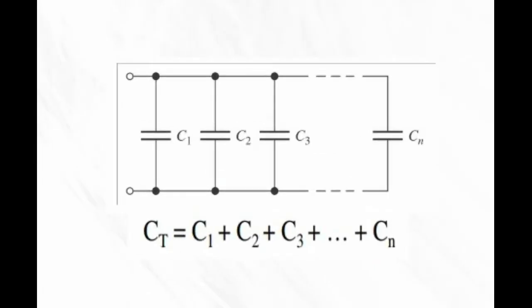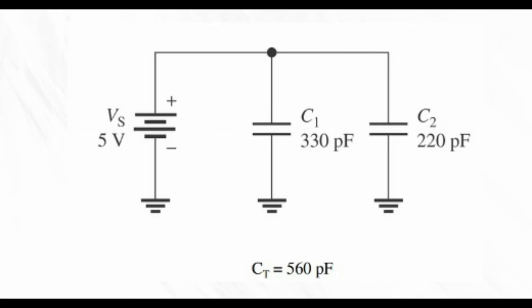From the concept side, the total parallel capacitance is the sum of all capacitors in parallel. This is because the effective plate area increases. If you see clearly, the effective plate area increases in a parallel connection. Also, kindly note that the current doesn't stop until all capacitors are charged, and the capacitors carry the same charge. Also, the capacitance value in parallel is always greater than the highest capacitance value.